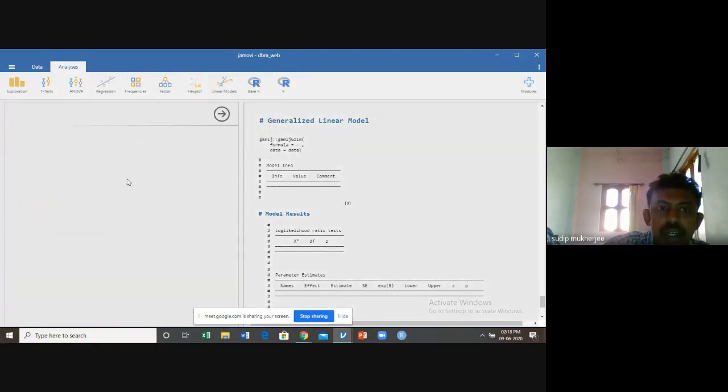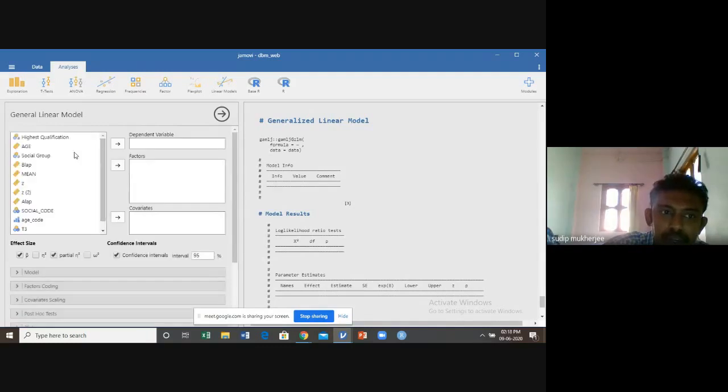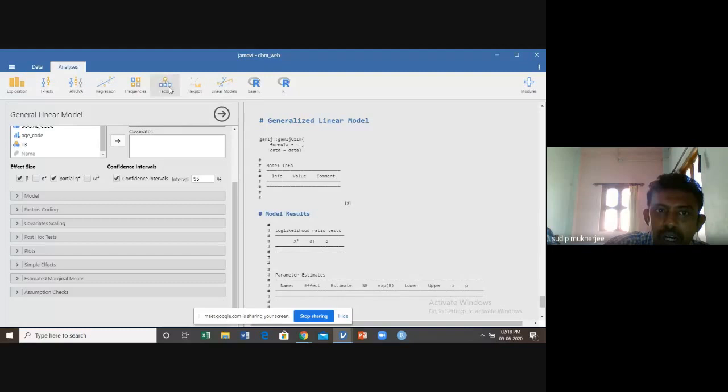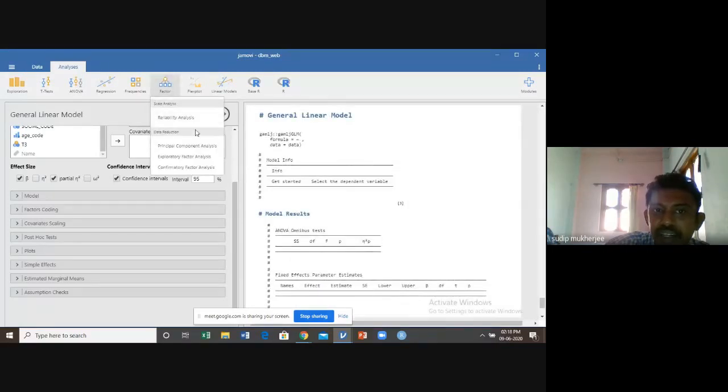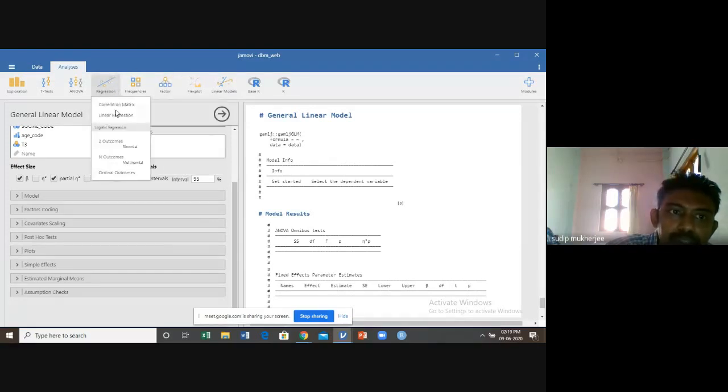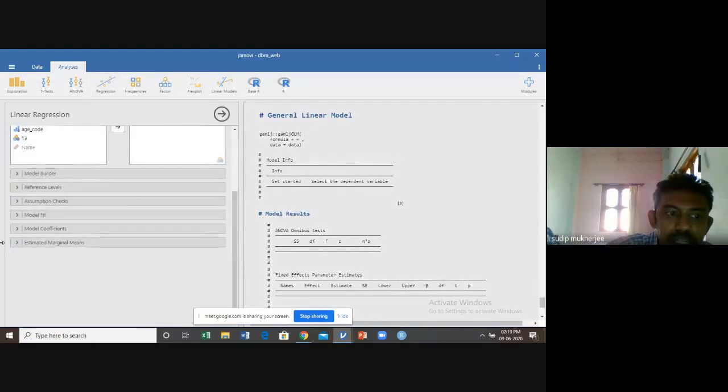Under general linear model, you can perform multiple regression, whatever we use. Everything is possible. Under factor, there are reliability, principal component. Not only that, confirmatory factor analysis is also possible in Jamovi. But it takes time. For multivariate regression, it takes 2 hours. I just show you the simple steps in regression.